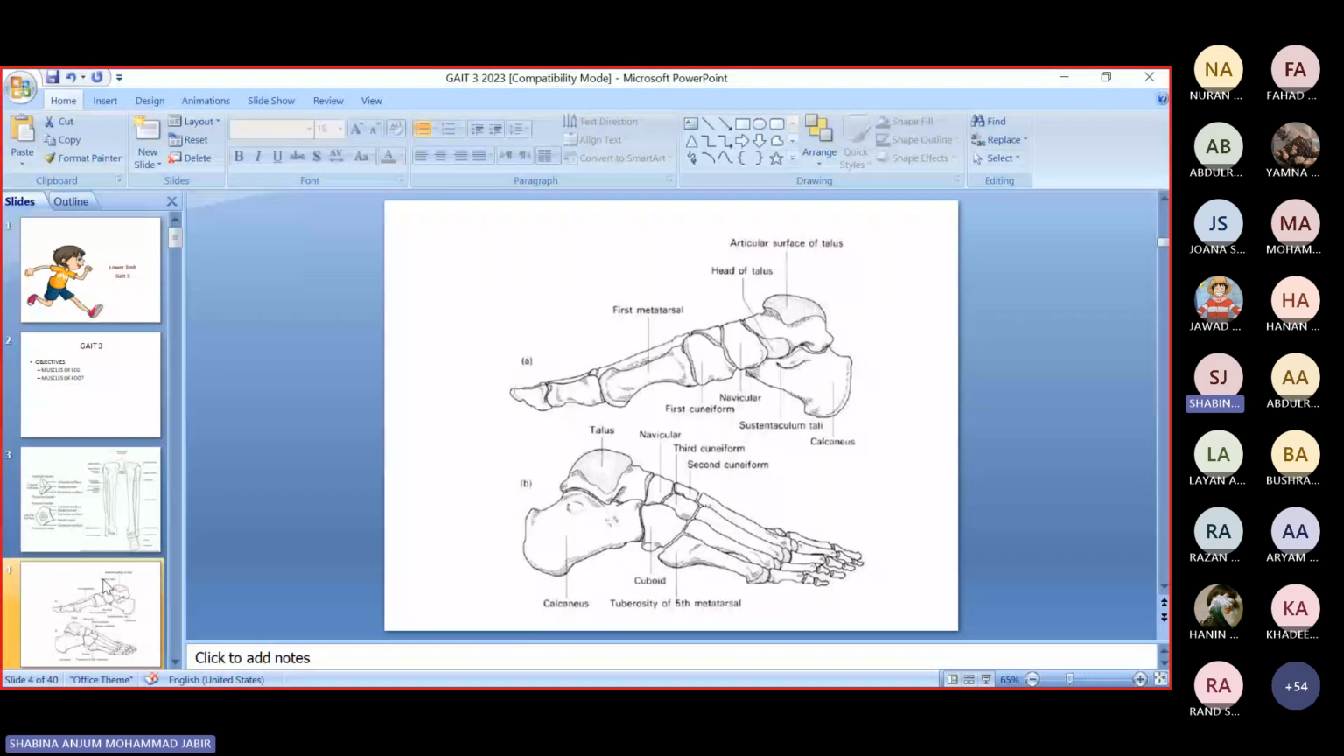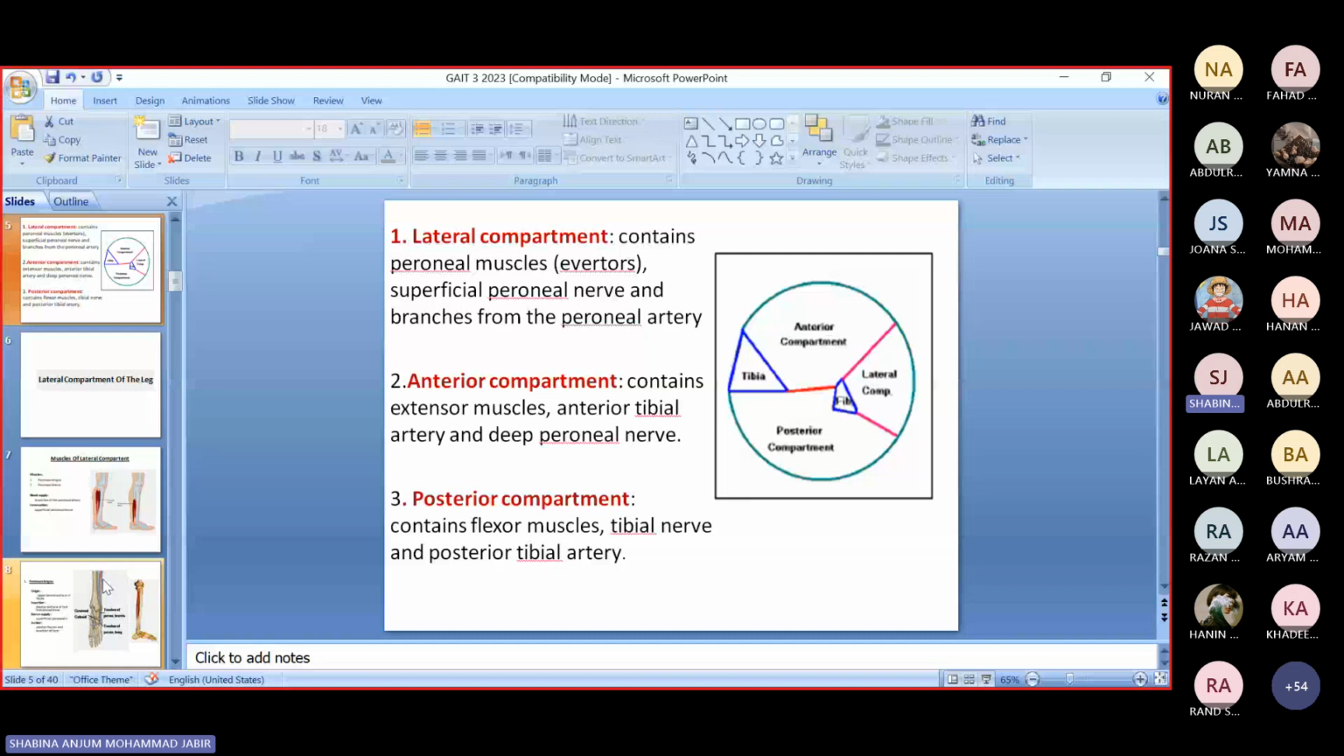Okay, as already we have seen, we have anterior, posterior, but instead of medial, we have lateral compartment in the leg. So this lateral compartment has the muscles. They are called as peroneal muscles. Okay, if you remember, I already told you whatever peroneal will come, it is related with the lateral side. It is related with the fibula. In some of the book, you will see that they call